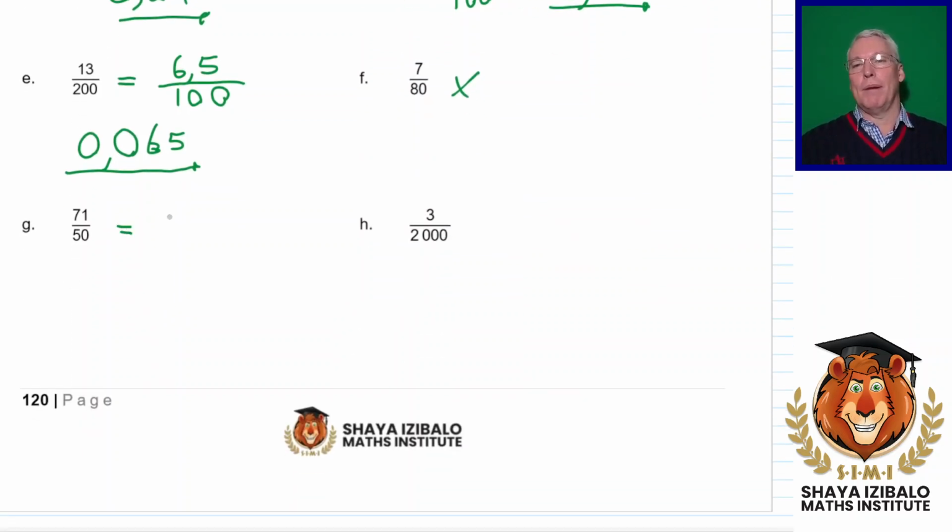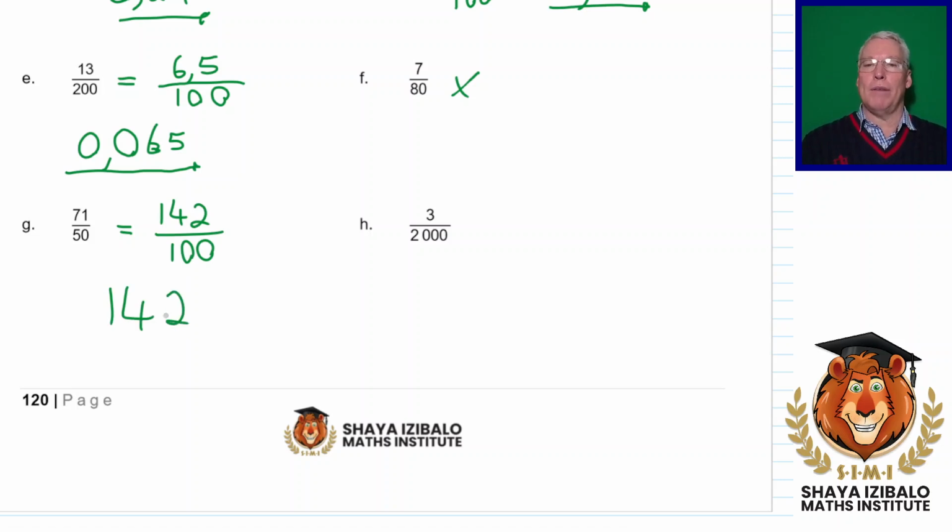We just double the top, double the bottom. We get 142 out of 100. All right. If we take 142 and we divide it by 100, it means we divide it by 10 once, twice. 1,42, and 3 out of 2,000, okay, also maybe a little bit rough, but if we multiplied the bottom